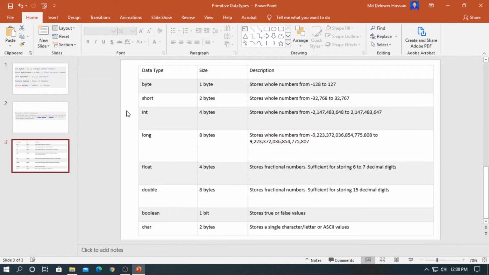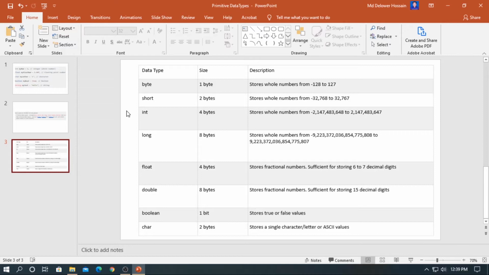Data type byte, size 1 byte, stores whole numbers from -128 to 127. Data type short, size 2 bytes, stores whole numbers from -32,768 to 32,767.